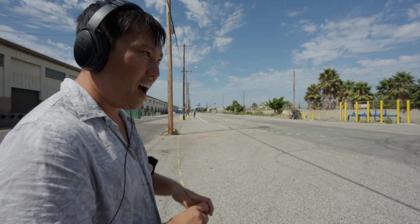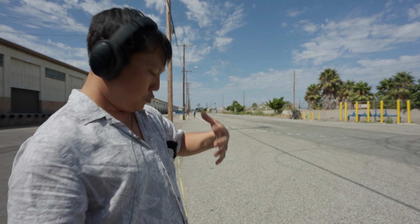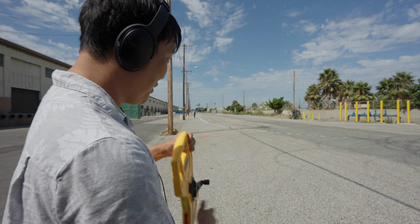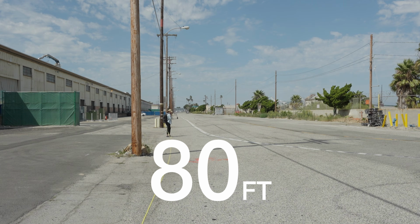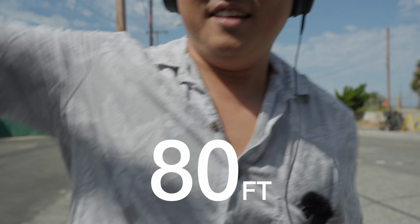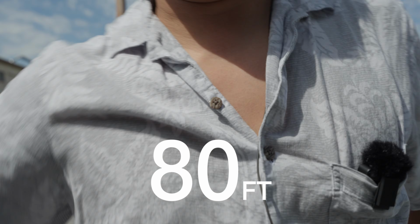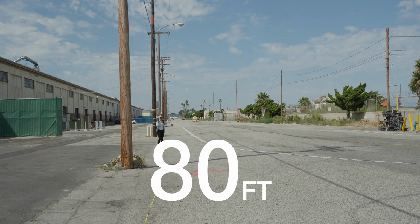So you can see how fast, basically, if you put yourself in between the microphone and receiver, it kills that range pretty quickly. This is me at 80 feet. How's it sound at 80 feet? I feel so silly walking in circles with this tape measure attached to me. What if I get in between? Now you have like 2 people kind of in the way between the receiver and transmission. Hello? Okay, hi. So that's seeming pretty stable,